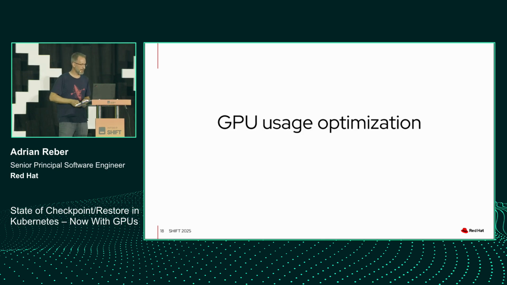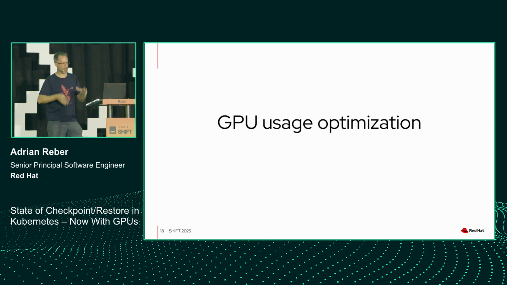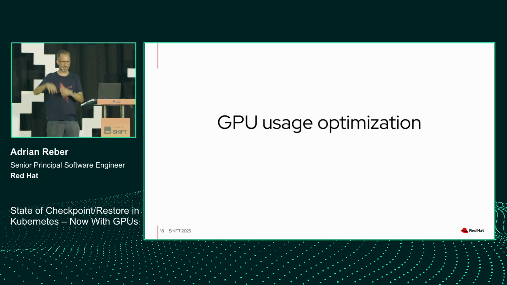And also, there are multiple startups working on this using the technology we implemented: you have multiple inference users and you want to quickly switch between them, so you can just suspend one inference workload and run the other one